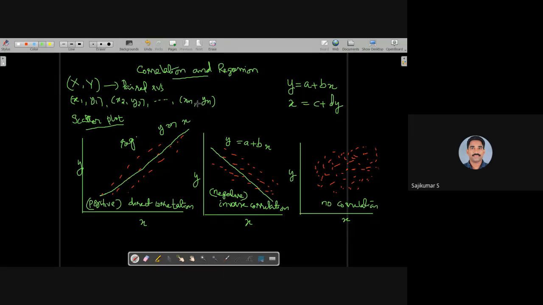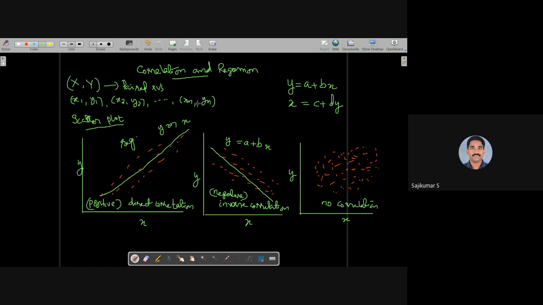Using these paired n sample observations, we are trying to develop a linear relationship. We are trying to find out whether these two random variables are related or not. Is there any connection between these two random variables? So in correlation and regression analysis, we are trying to find out whether there is a linear relationship between the variables. Linear relationship between the variables means the relationship may be of the form y is equal to a plus bx, the straight line passing through the coordinates x comma y, or the relation may be x is equal